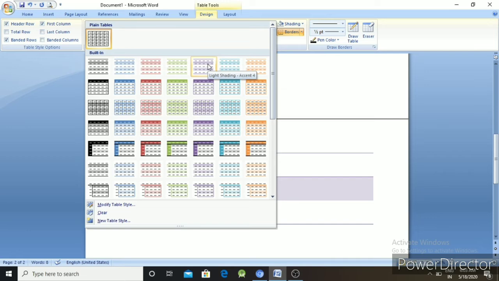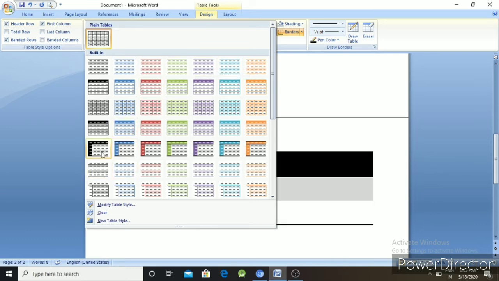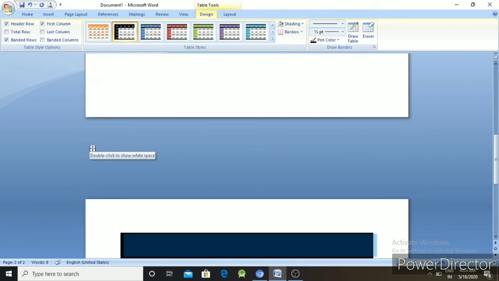How to work on the design part? All the inbuilt styles are given. You can select any one of them.